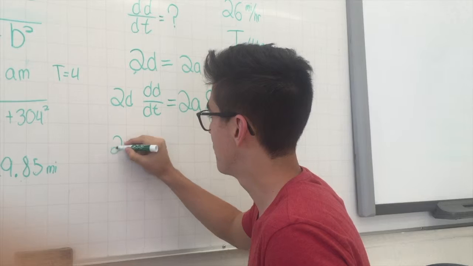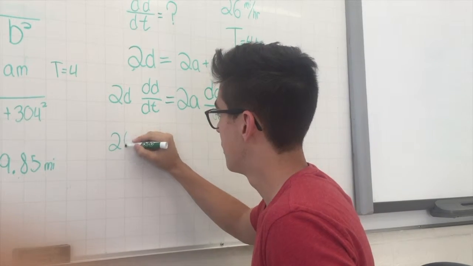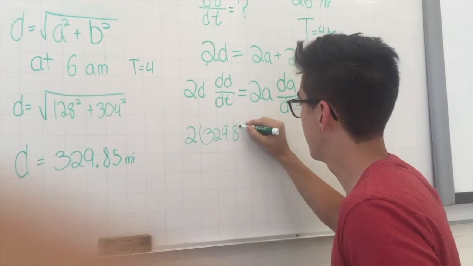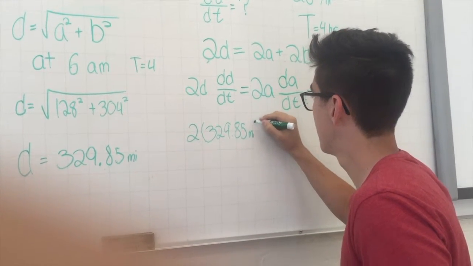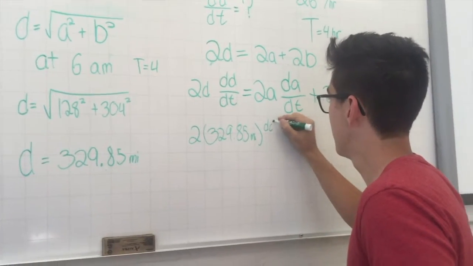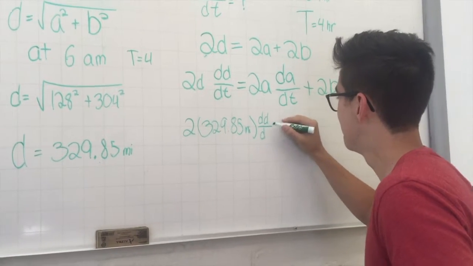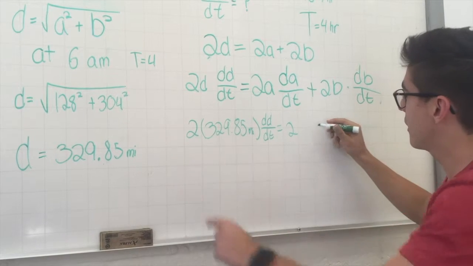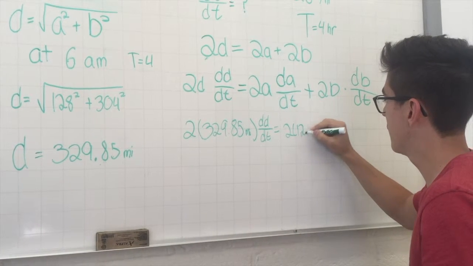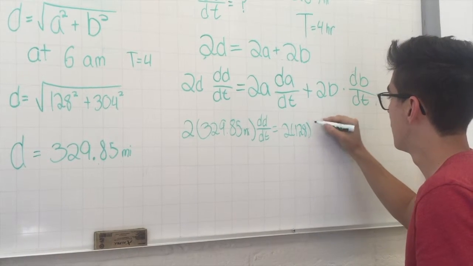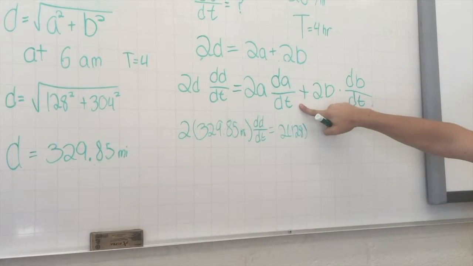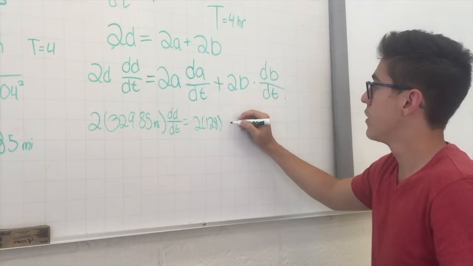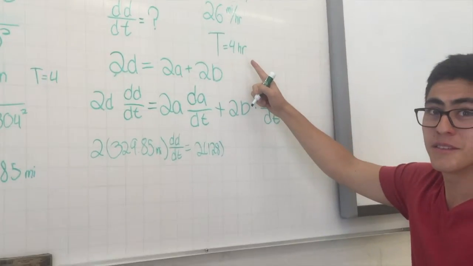So now we need to find our dD over dt, and we just substitute. So 2 times d, which we already have, is 329.85 miles, equals 2 times a, which we already have, 128, times how fast a is moving with respect to time. So this is going to be 32 miles per hour,